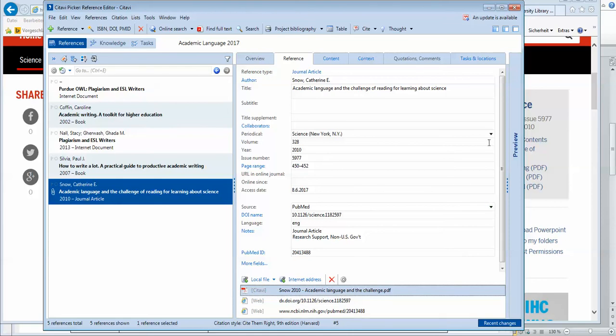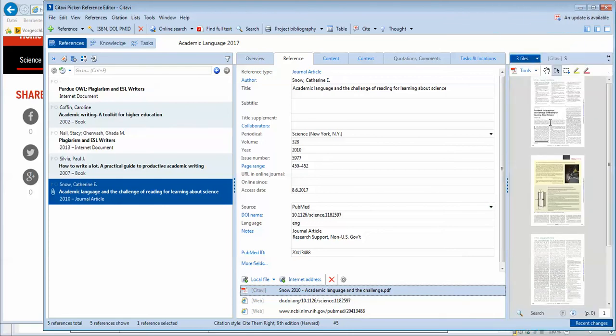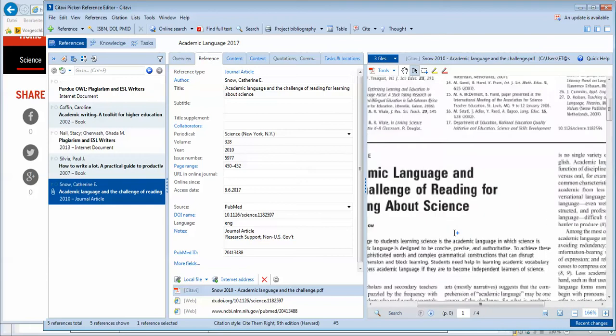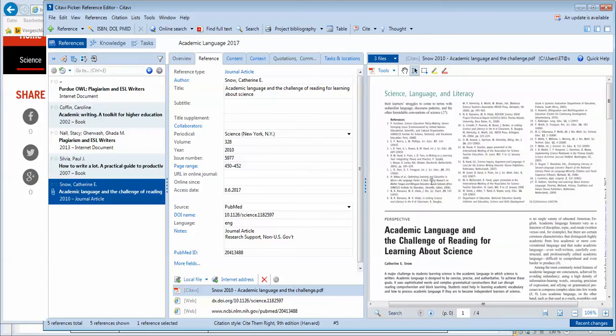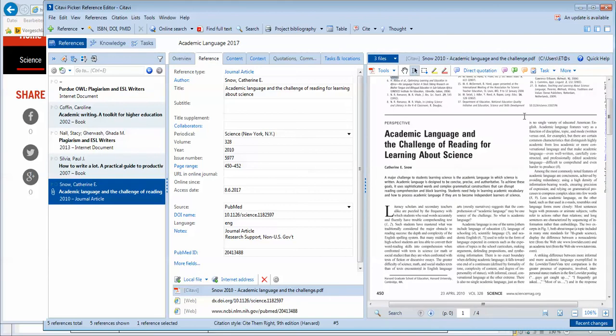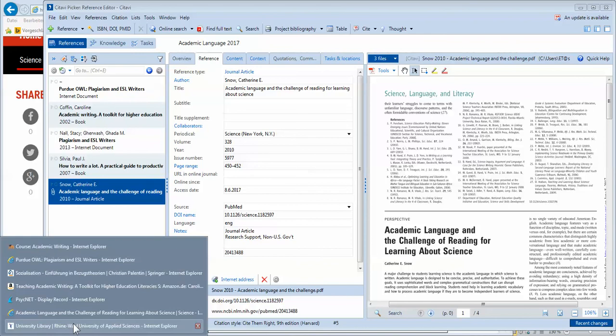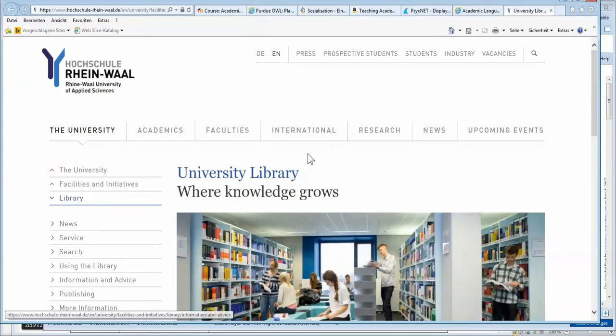Now, one of the reasons you want the PDF file in your Citavi, if you're working on the material with Citavi, is that you can right away read all the materials with Citavi, highlight the stuff, and use all these Citavi features that will be shown to you in the next few webinars. Okay, so the last one I would like to talk about is using the Citavi Picker and your library catalog. So I have a library catalog here somewhere. That's our library